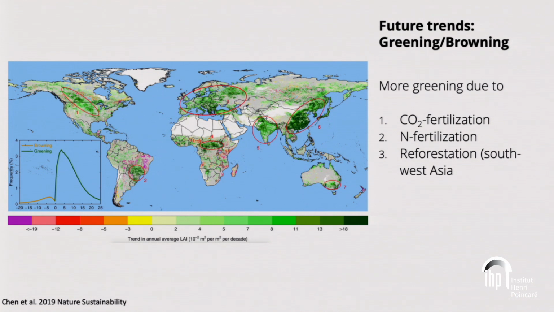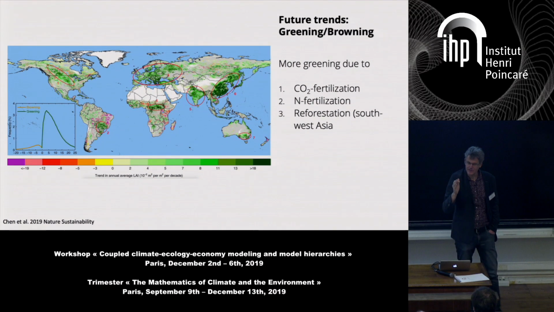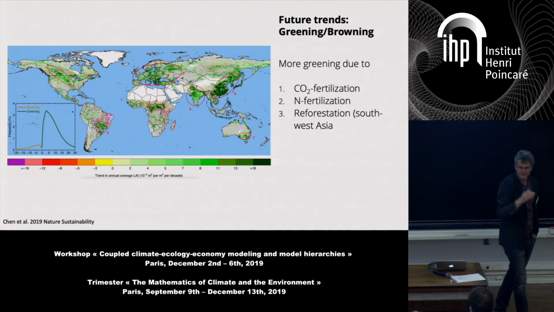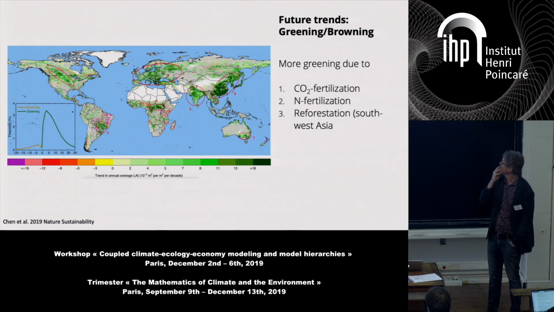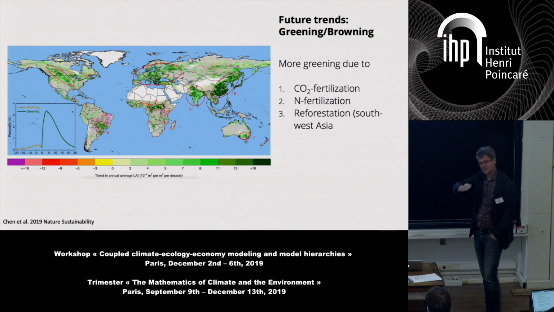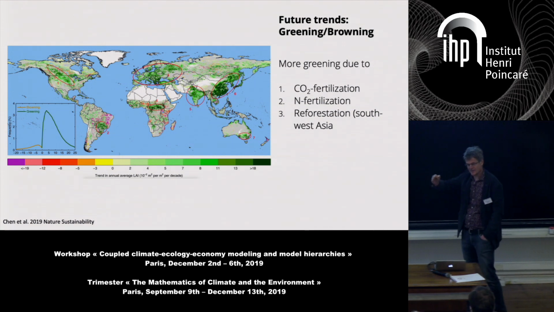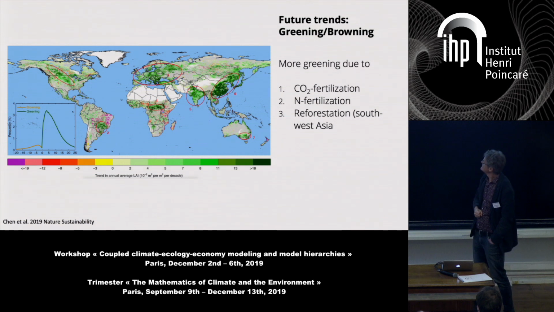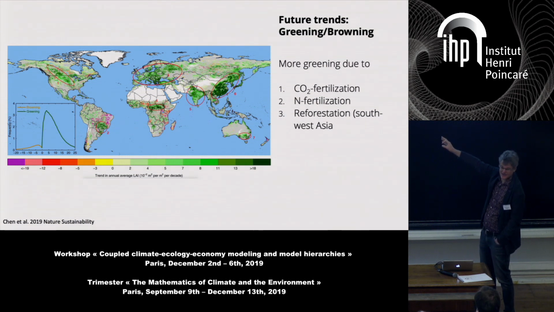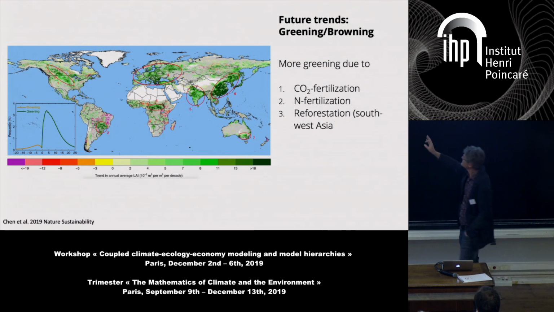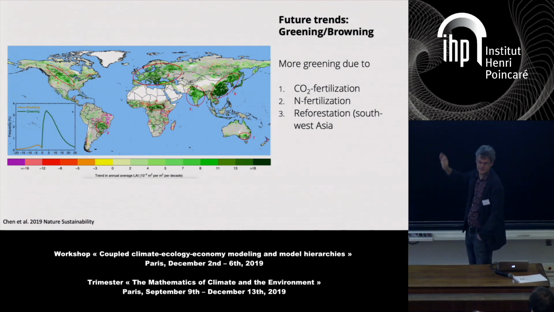And then what we also do know, maybe going back to your question, is what we just observe. These are observations of leaf area index from satellite images, and this is the trend of increase in leaf area index. Although this is green and red, so I have difficulties understanding it, on average what we do see is that there's a greening of the